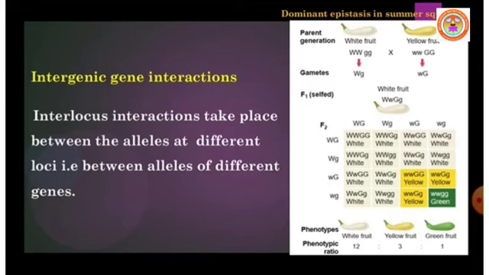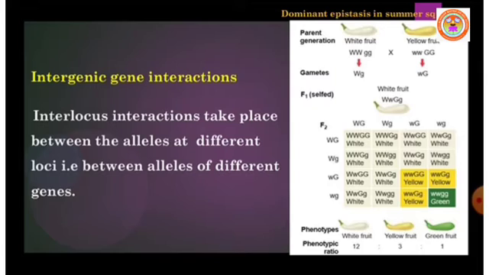In the case of allelic interaction, we studied incomplete dominance, codominance, lethal genes, isn't it? Now we are going to continue with non-allelic interaction, which is also called intergenic gene interaction. In a chromosome,